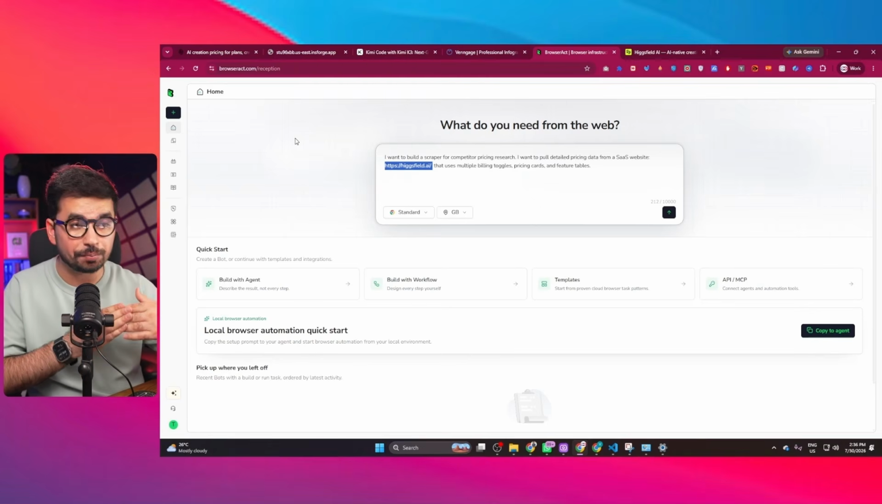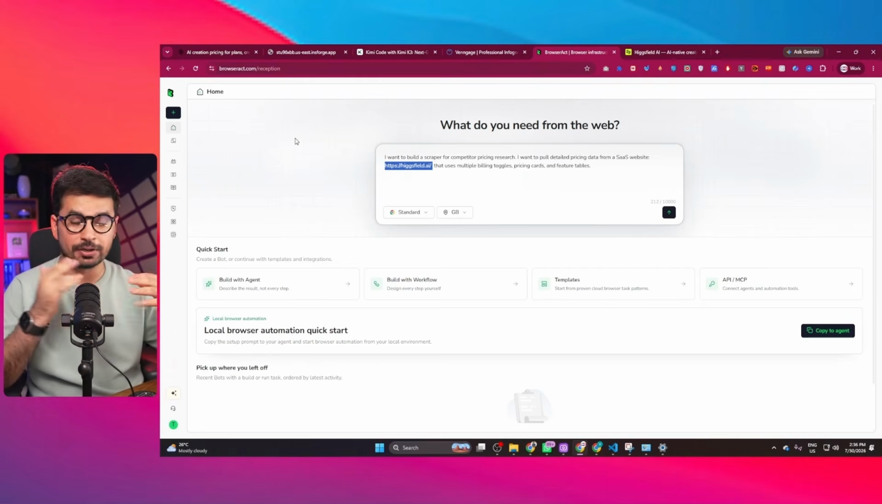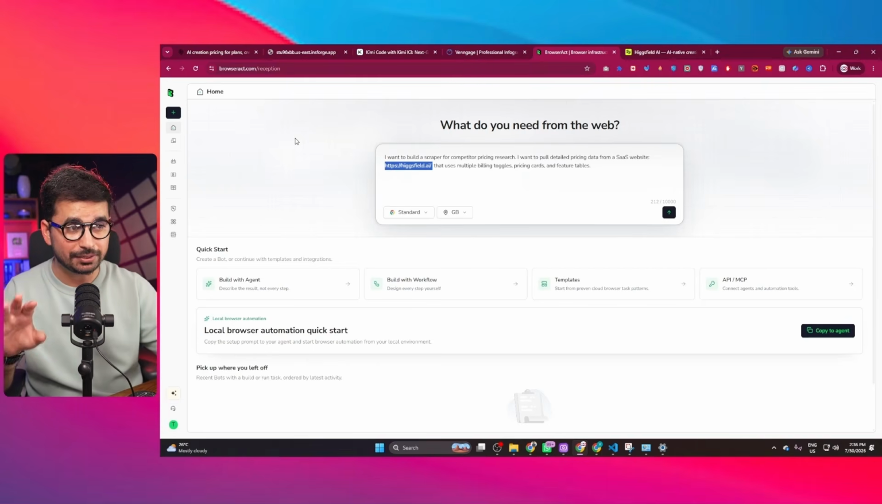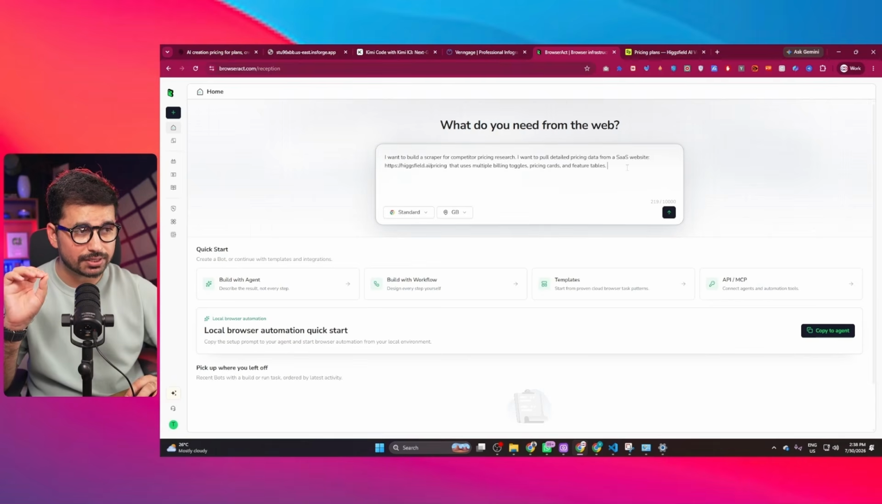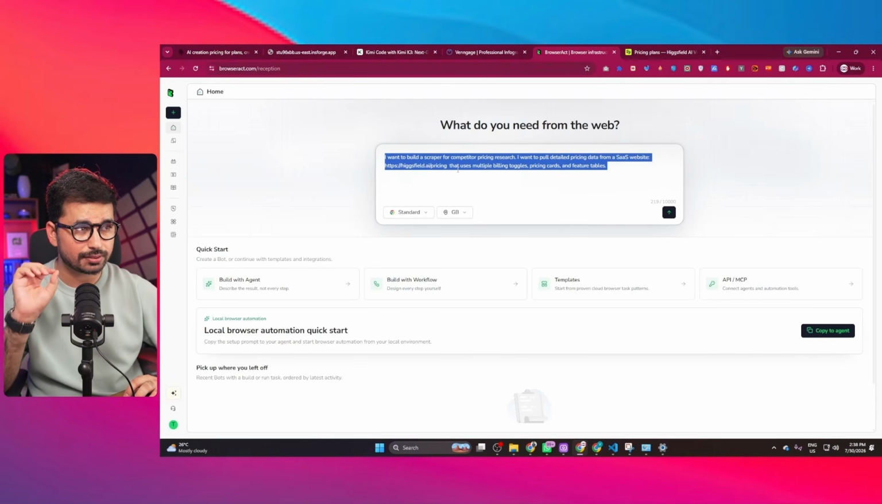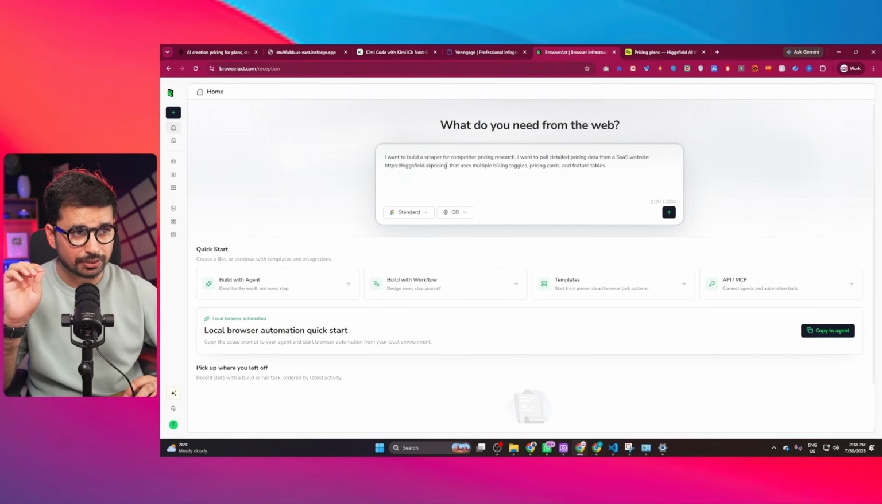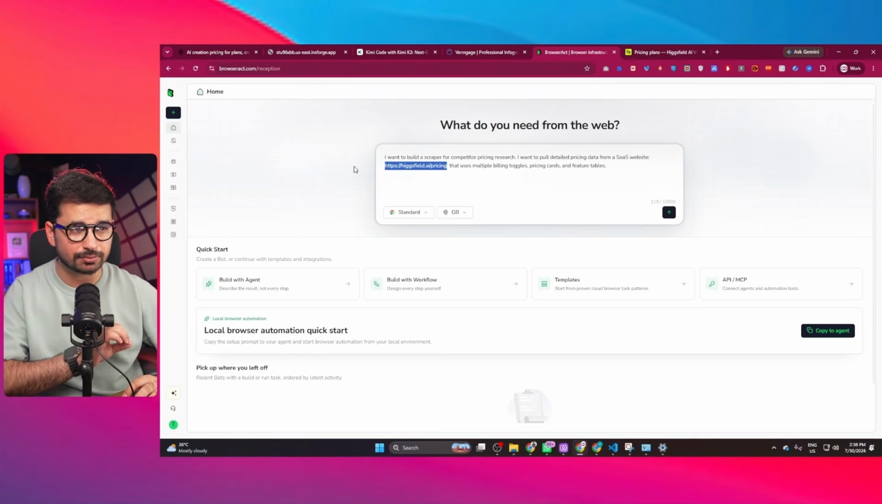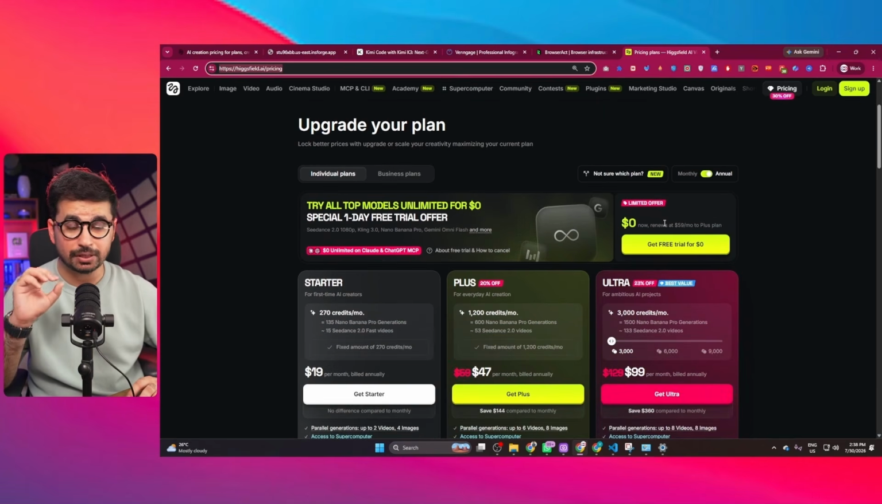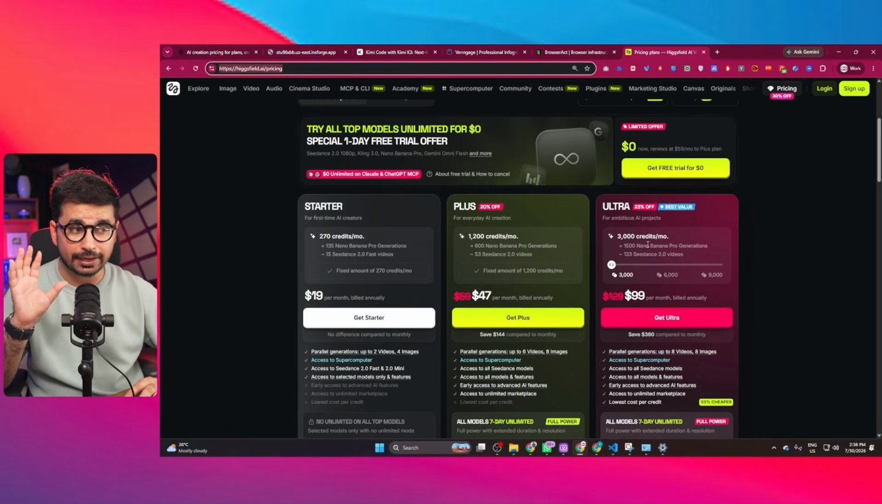We don't have to open VS Code. We don't have to open any AI coding agent. We can directly build it right here inside the BrowserAct website. So I've just entered this simple prompt, and I have asked BrowserAct to go to this particular pricing page of this particular SaaS website and then extract the plan names, the monthly price, the annual price, and top 3 features